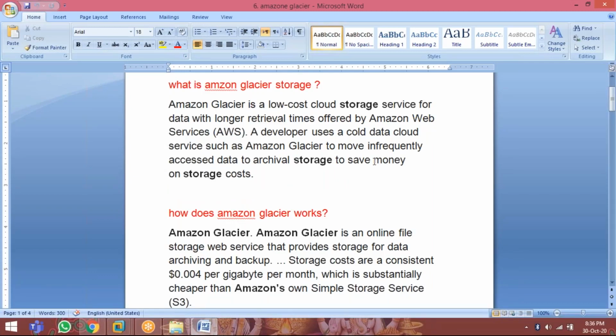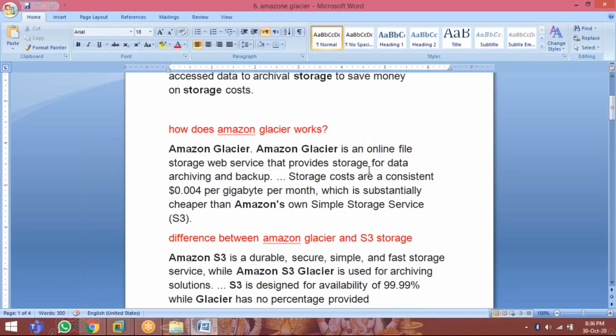So how does Amazon Glacier work? Amazon Glacier is an online file storage web service that provides storage for data archiving and backup. Storage costs are a constant 0.004 dollars per gigabyte per month, which is substantially cheaper than Amazon's own simple storage